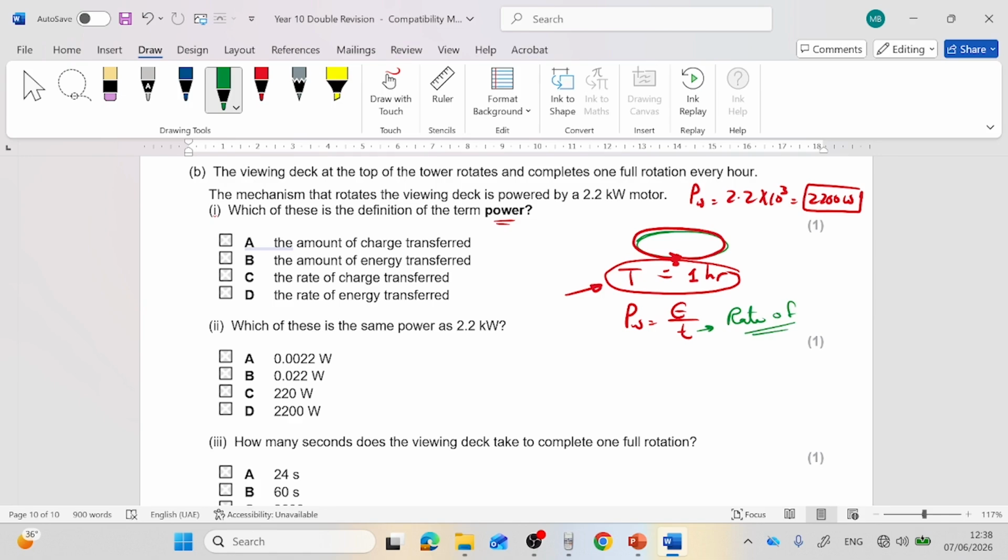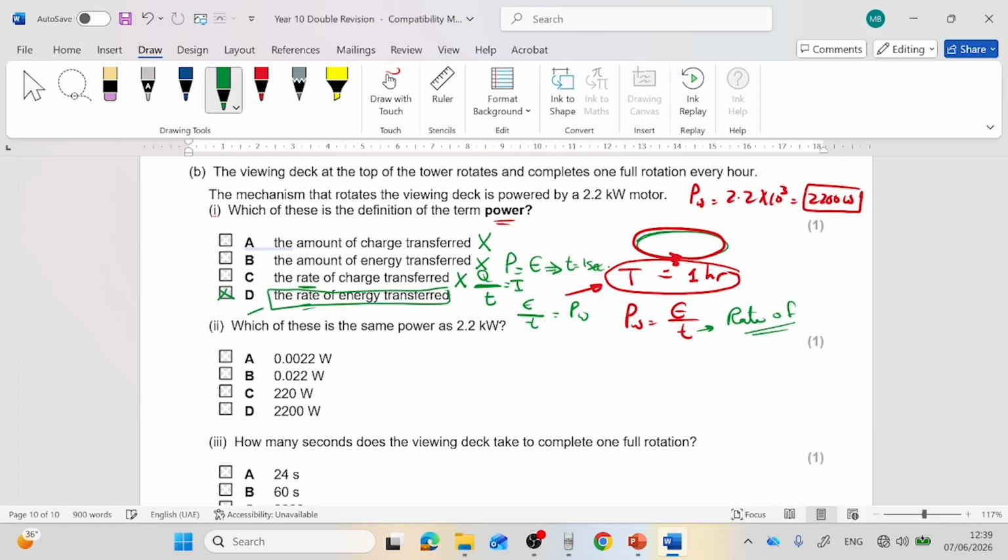Is it the amount of charge transferred? No. Is it the amount of energy transferred? No, because this means that power is equal to energy, and this is true if the time is 1 second, but it is not mentioned in this choice. The rate means there is something divided by time. The rate of charge transfer is the electric current intensity. This is not power. So the rate of energy transferred, yeah, we know that energy divided by time is power. So the correct choice is D,